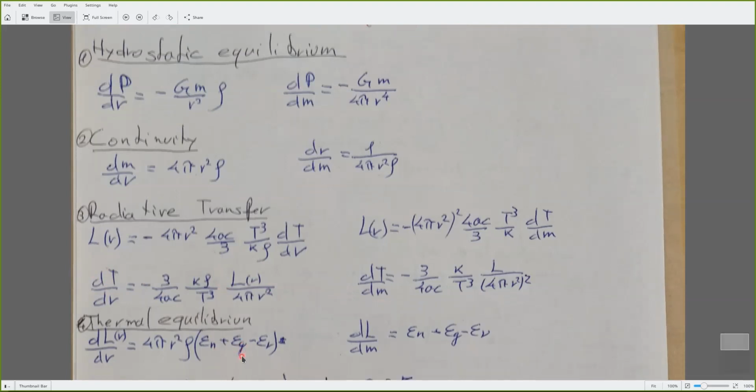Then there is the thermal equilibrium, where the variation of energy is equal to the energy production less the luminosity. The thermal equilibrium means the energy doesn't change, so the variation of luminosity inside the star has to be